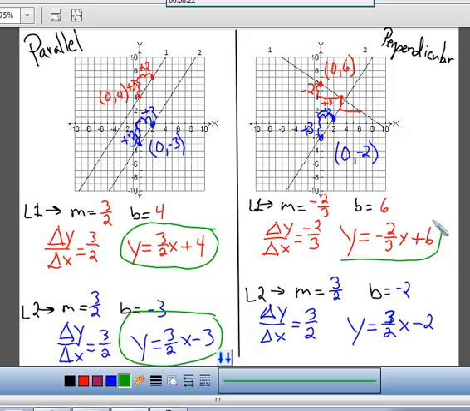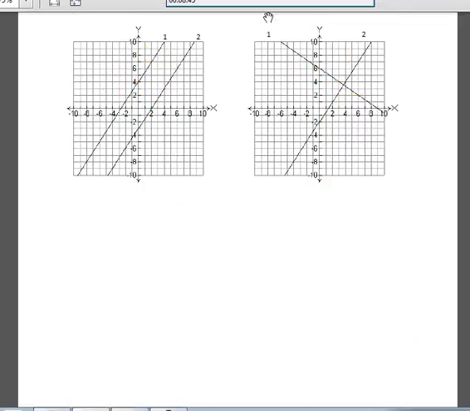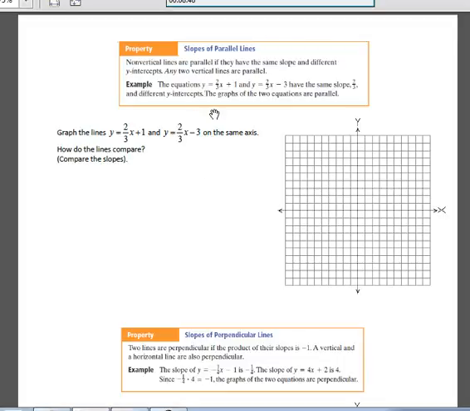So very different. Not only are the y-intercepts different, but the slopes are different. And they are different in a very specific way. And I'm going to talk about that on the next page. But this is what you have with parallel lines, same slope. Perpendicular lines, there's something different about the slope, and we're going to talk about that next. So on page 40,